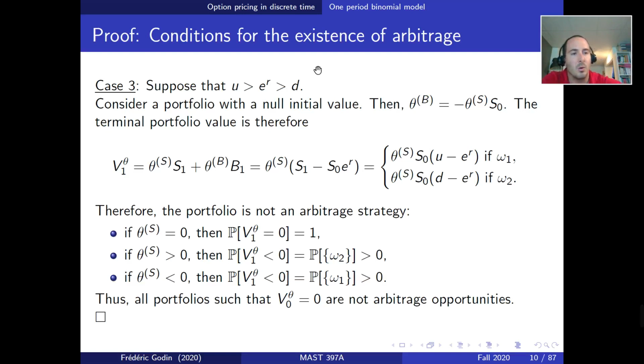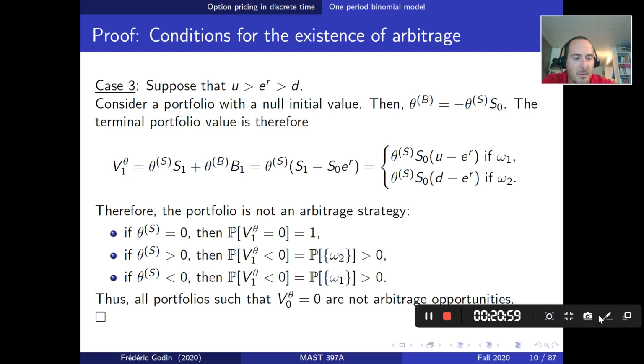So to have an arbitrage opportunity, you need to have a portfolio value which is 0 initially and greater or equal to 0 at the end with a positive probability of being greater than 0. So the first condition entails an initial portfolio value which is 0. If we have a portfolio value which is 0 initially, it means that,